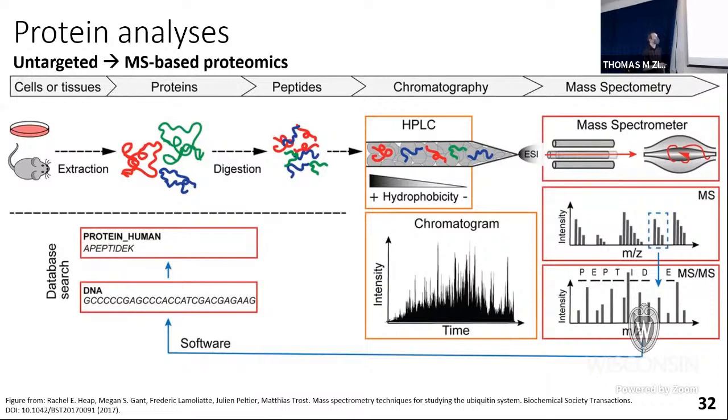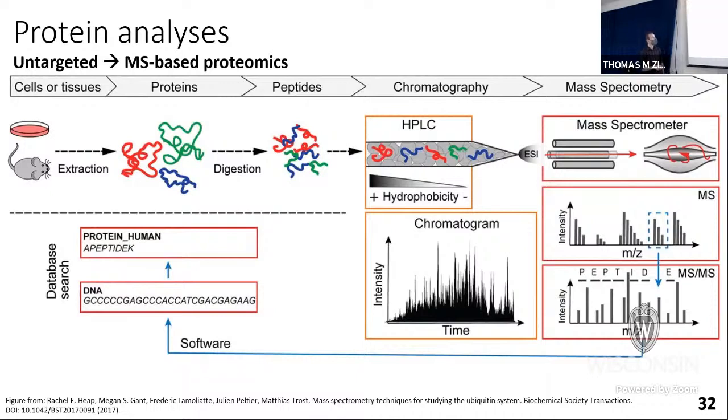We can then digest these, so we can use specific enzymes to go in and actually cut the proteins in our sample up into smaller pieces. So we have these very large proteins, and we cut them down into small pieces. We can then separate these on what's called a liquid chromatography system, a high-performance liquid chromatography system, to basically separate them in time. So we take this very complex mixture that we cut into a lot of little pieces, and this is just to try to get them to separate out in time so that you only have a few of them hitting the instrument at a time instead of all of them at one time. It gets a very complex sample. This is just to try to separate them out over time so you can get higher resolution on each individual piece.